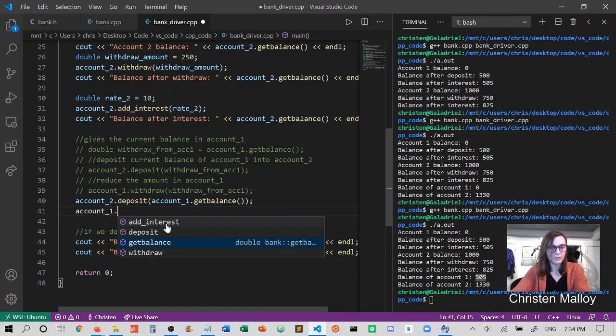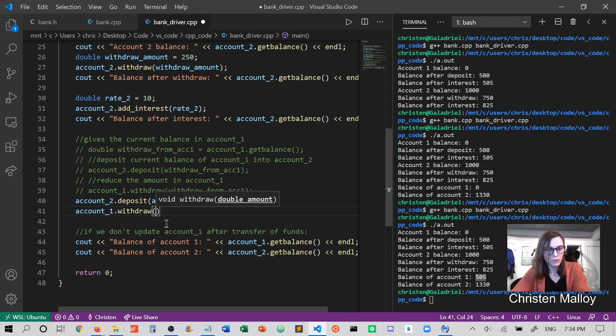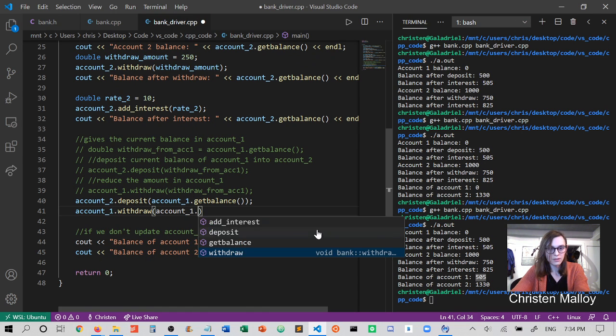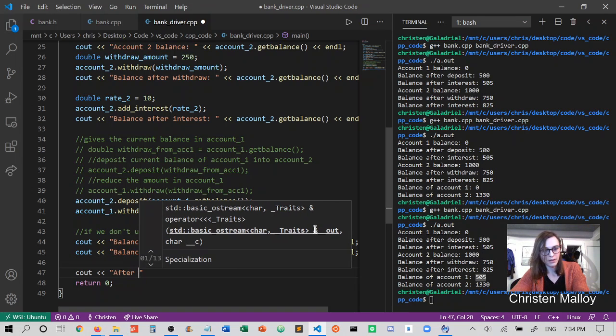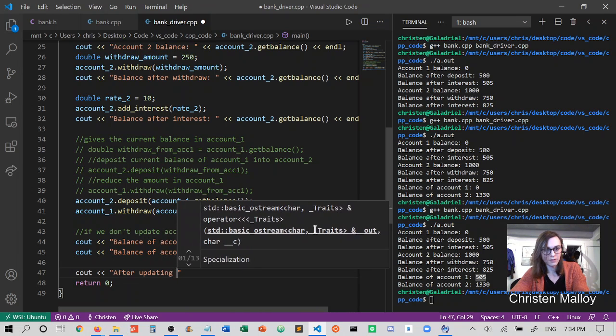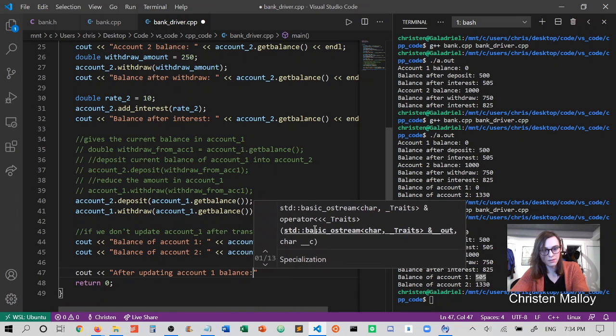And we can do this, say, withdraw, and we'll withdraw whatever we want from that, which would be account 1 dot get balance. So notice that we're literally reducing account 1 by the amount that is currently within account 1 by passing in the function that gives us the amount that's currently in the account. So if we do cout, after updating account 1 balance,